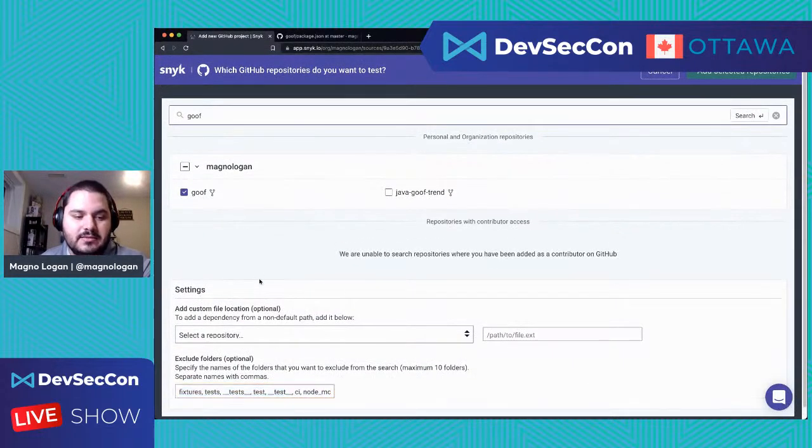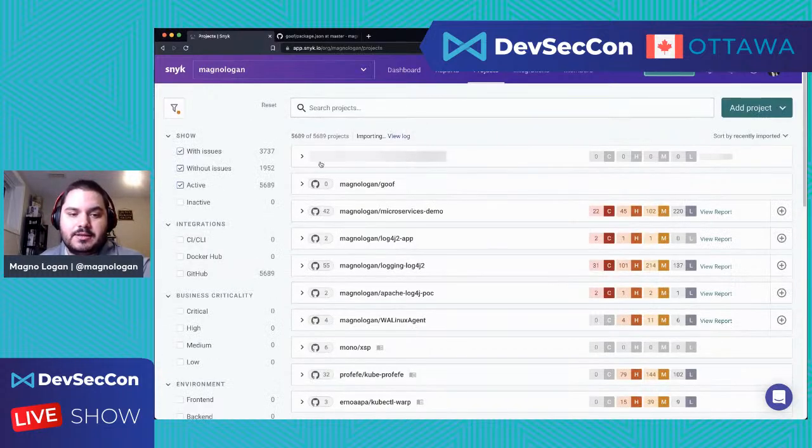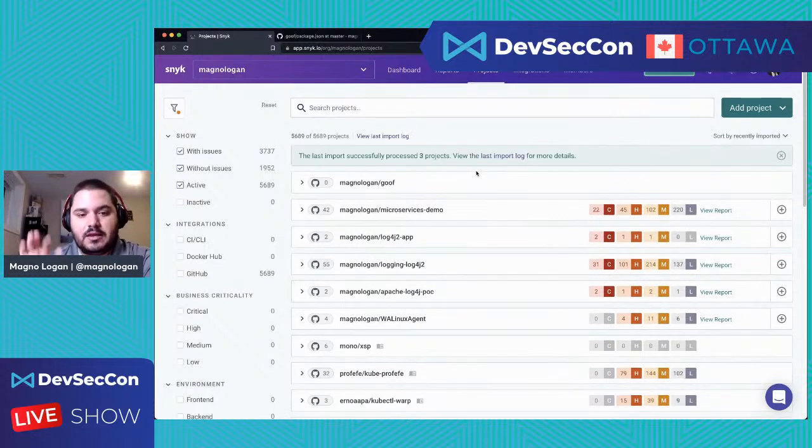Okay, so once I do that, I don't need to change anything below here. I just need to add the selected repo, and Snyk is going to right away add a new project to my list of projects here, and it's going to start scanning. It takes a couple seconds, maybe a minute sometimes, but it's fairly straightforward and very quick. And even if I change anything in the code later, Snyk detects that, and it's able to run a new scan again. We can do that in a second as well once we update.